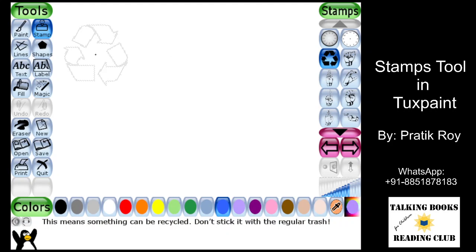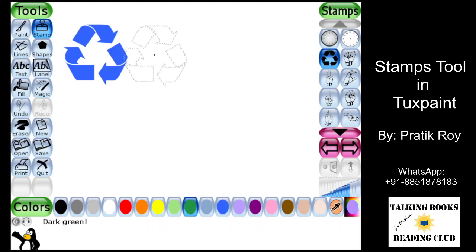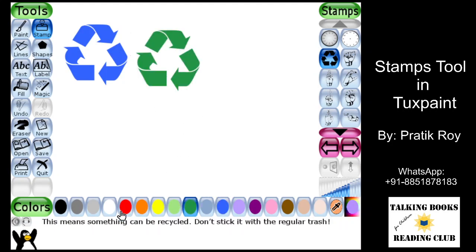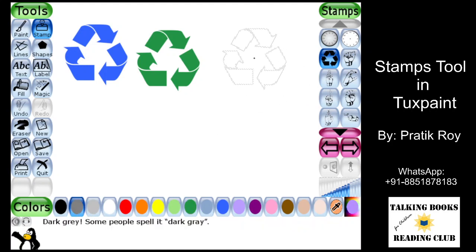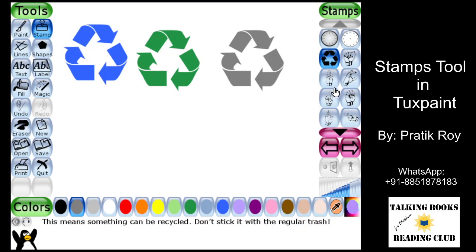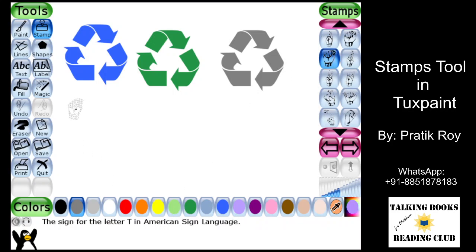So the color palette is enabled. Right now, we've got a blue color which is selected. If you change it to green, we'll have a green recycle icon, and if we change it to gray, we'll have a gray recycle icon. Now we can see that we've got some symbols for sign language. So if you're making some documentary or some report or some presentation for sign language, you can use any of these, and they also have multiple colors. So if you choose, this is the silver one. If you want, we can have that as orange or whatever.